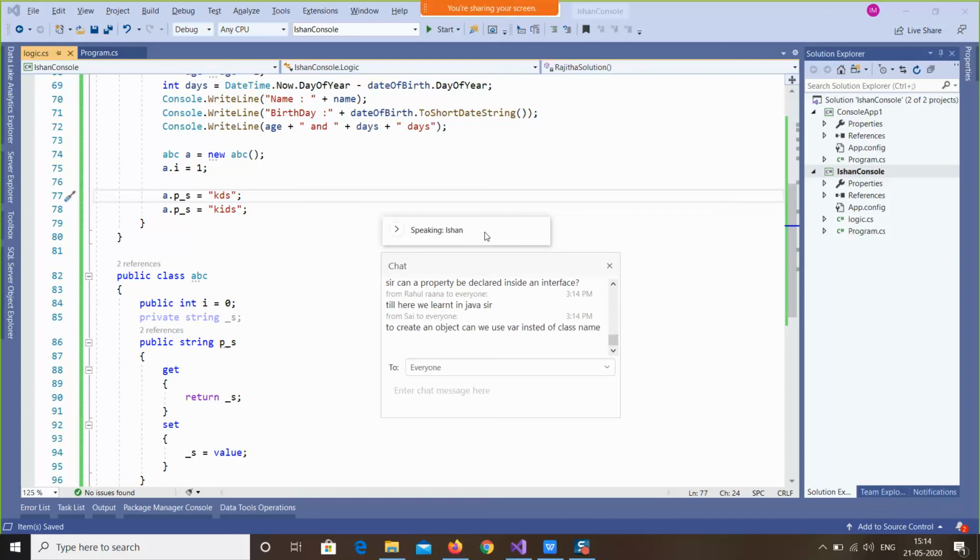Yes, Rahul, I could understand. To create an object, can we use var instead of the class name? Yes, you can use var instead of the class name. But in C sharp, it is recommended to use the specific data type, so that the compiler doesn't take much time to identify.